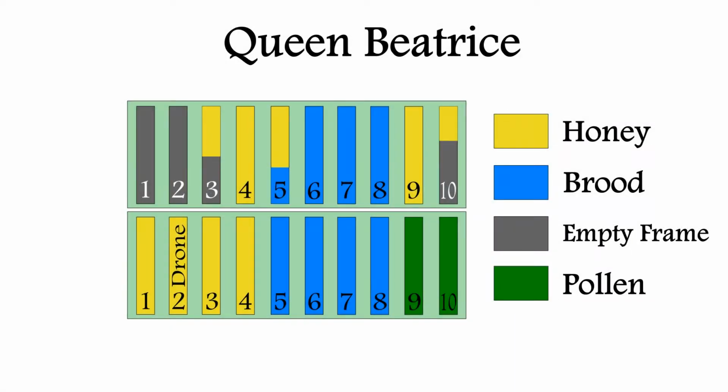After going through all of the hives and marking down what products were found in each of the frames, I made these diagrams, color-coded to represent the different products. These diagrams are a front-on view of the hives, with box number 1 being on the bottom and box 2 on the top, looking at the frames end-on. The colors here just represent what we found in the hive and not necessarily the locations within the frame of each of the products. As you can see down in the bottom box for Queen Beatrice,